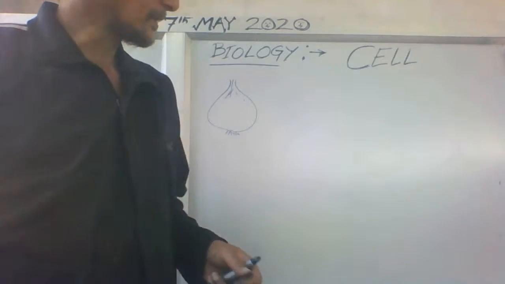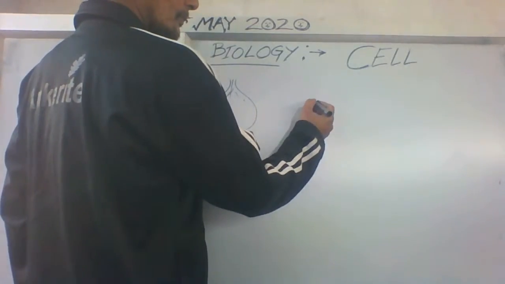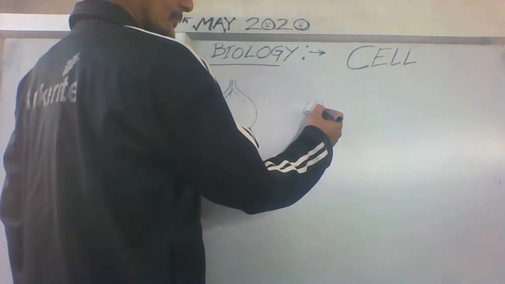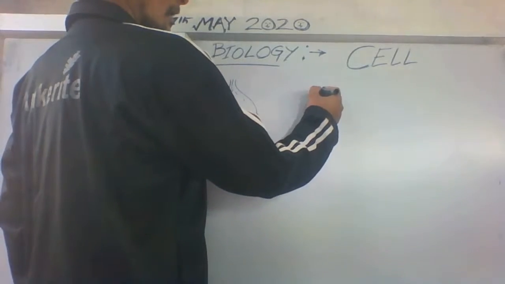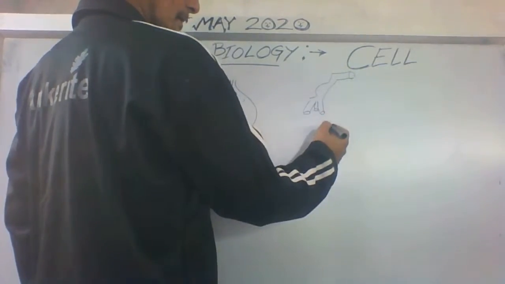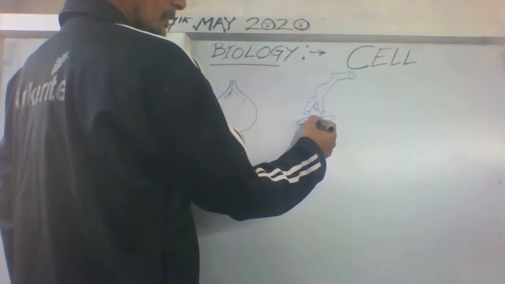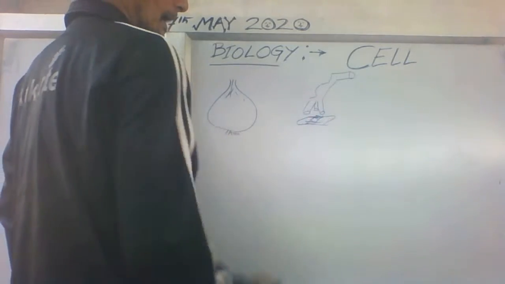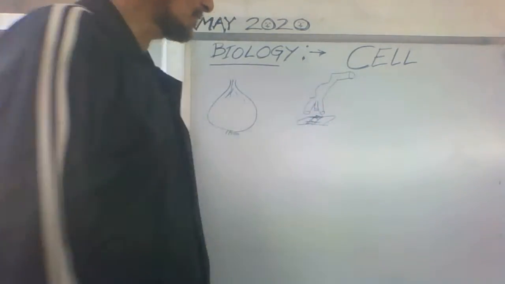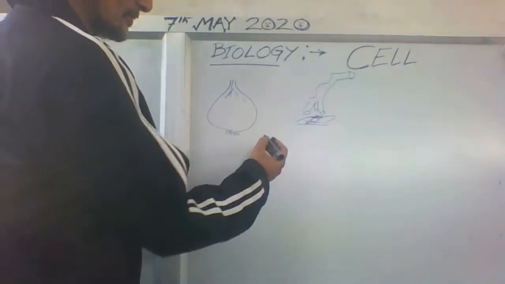Then when you put it in the microscope, there are three different lenses and one big part here on the eye side. You will watch here. You can place a slide and put that peeled off part over here. When you watch and focus on this part, you will see some structures like this,